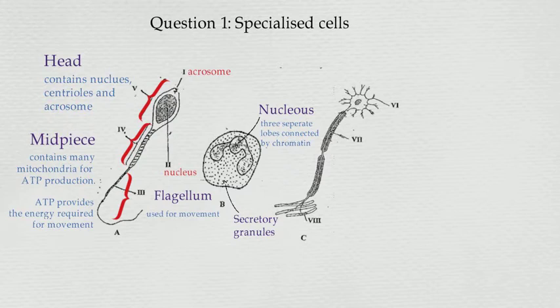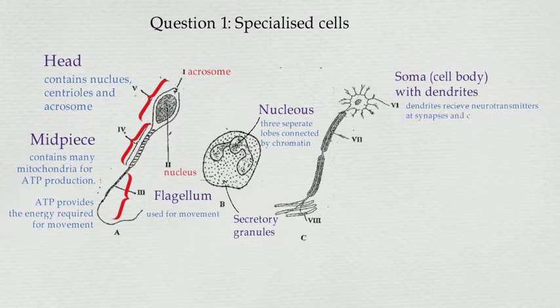Lastly, C, motor neurons. These are special types of nerve cells that carry information from your central nervous system to tissues and organs. It has three characteristic features: the soma, which is also known as the cell body. This contains the nucleus and the usual cell organelles you would expect in a normal cell. However, the soma is surrounded by lots of dendrites, which receive information from the central nervous system by accepting neurotransmitters